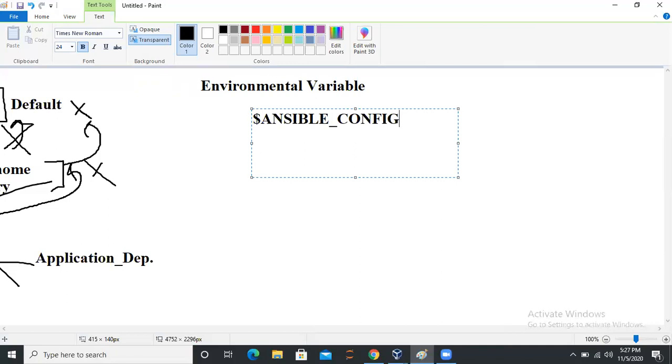In this particular environment variable, any path which you define, for example, if you would like to use the home directory's Ansible configuration file, just define that location in that environment variable, and every time only that configuration file will be used. So the most preferred location of the configuration file is the environment variable ANSIBLE_CONFIG, and whichever location you have defined in that variable, only that file will be used.